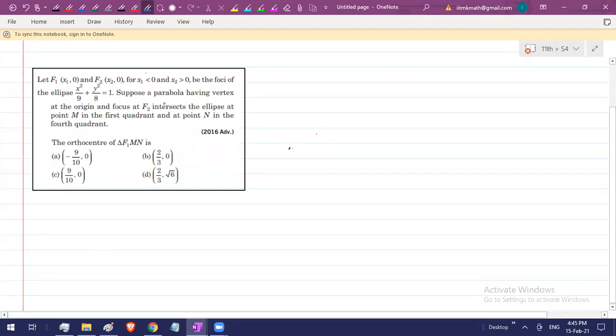So in this question, we can see that this question is from JEE Advanced 2016, and basically this is a one question in paragraph. I want to discuss this question because I think it is at the level of NCERT 11th class, and a very easy and conceptual question. You can say it's a very conceptual question.